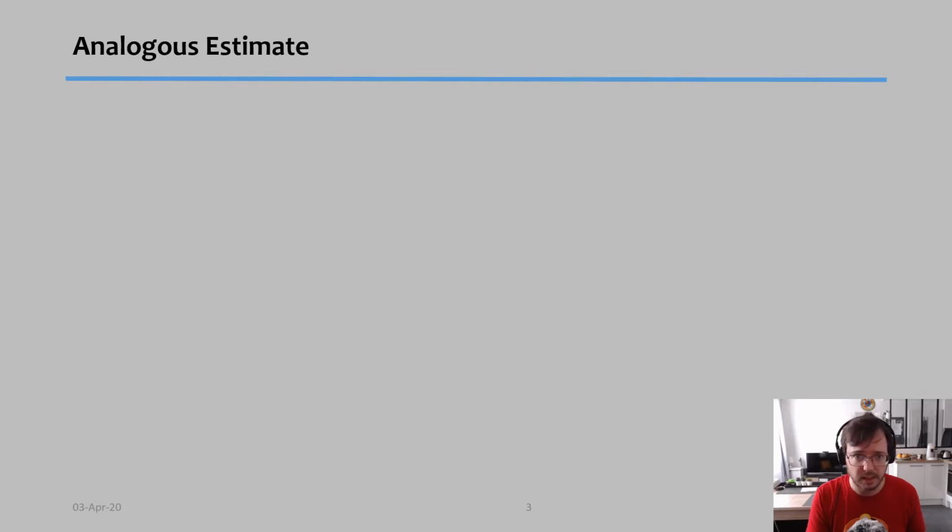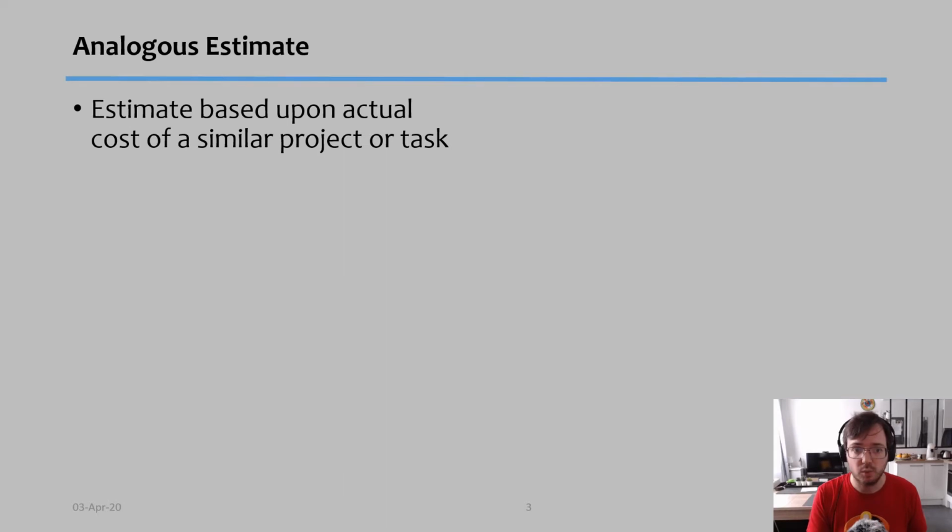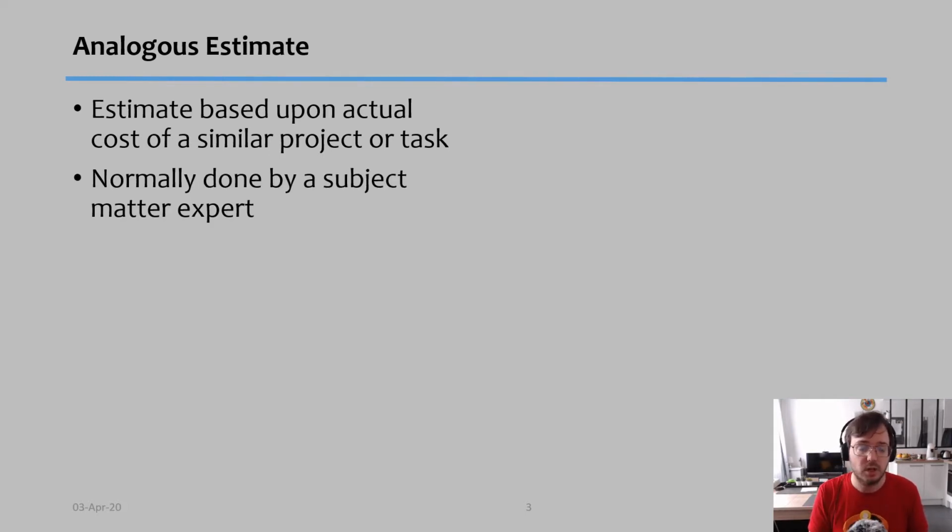What does analogous mean? Analogous means comparison with something similar. So we make our estimates based upon the actual cost of a similar project or a similar task. And this should normally be done by a subject matter expert, someone that understands these types of tasks, because they might have input about the differences. No two projects are exactly the same, so you need their expertise